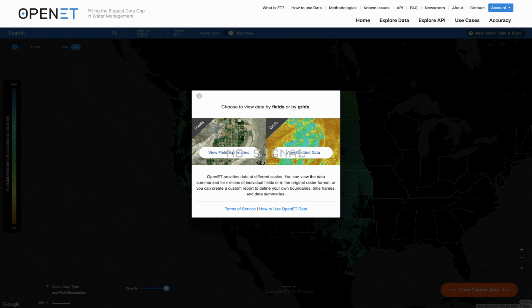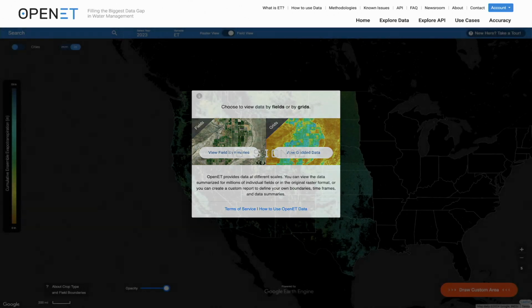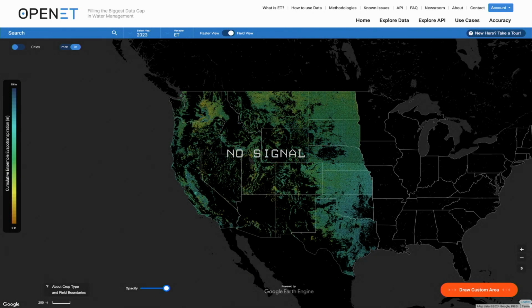Because I was a little unsure about how the internet was going to be here, I've automated these slides versus just doing a live demo, just to make it extra safe. So this might be a little bit boring if you're already familiar with the OpenET Data Explorer, but